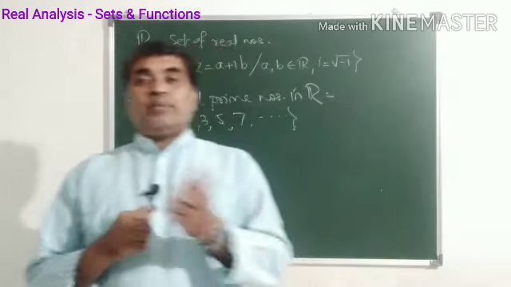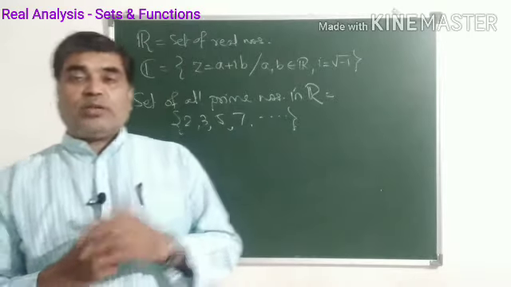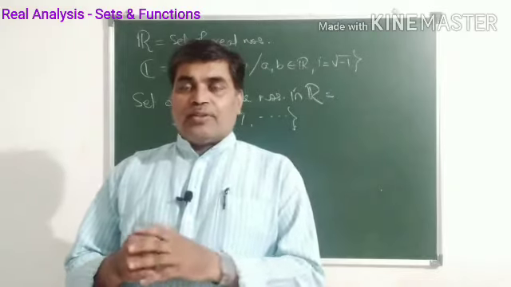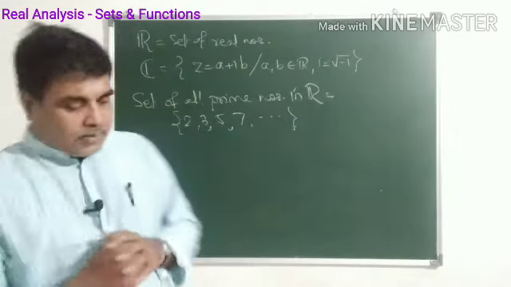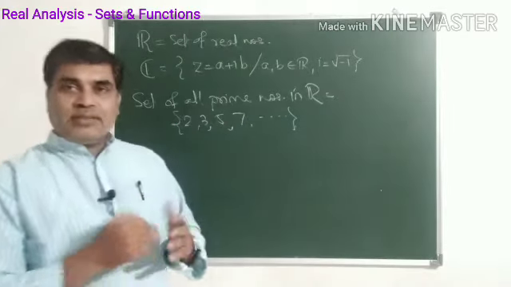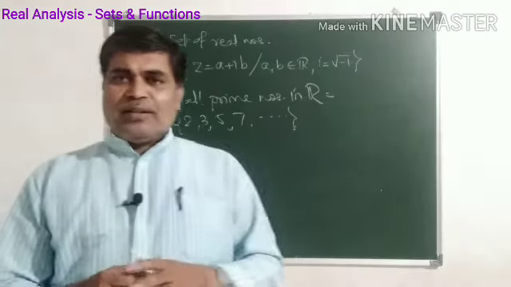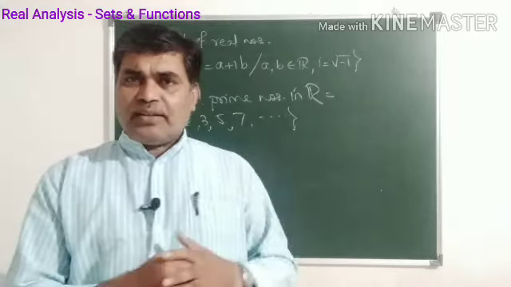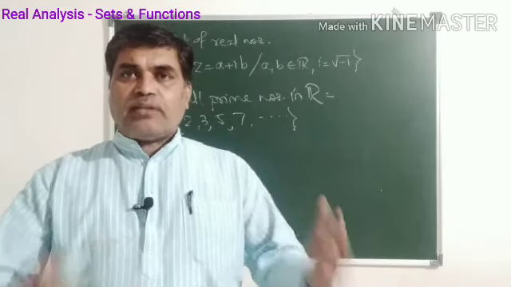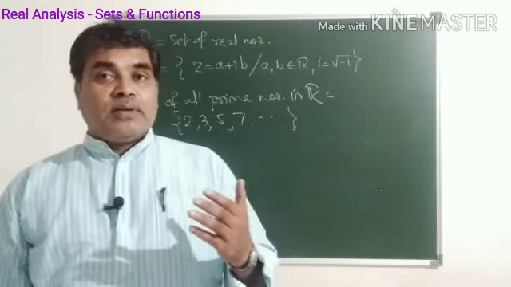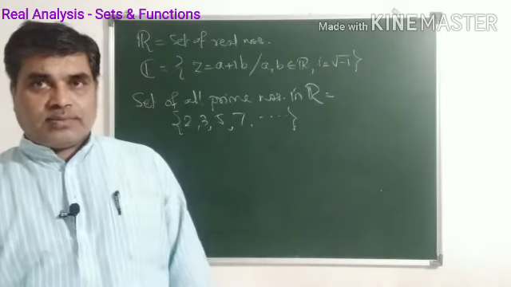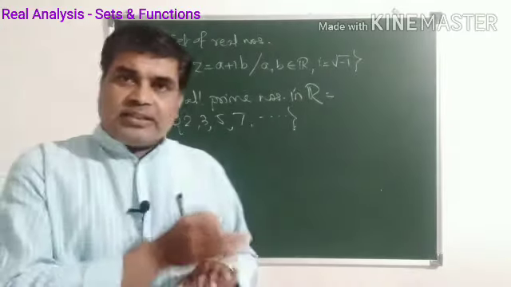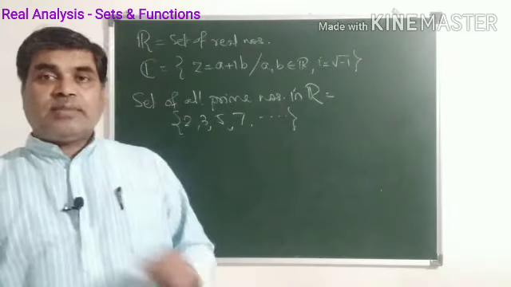Means you are dividing some natural number by another natural number, you are finding its quotient and remainder, and you are writing dividend is equal to divisor into quotient plus remainder. That type of example you have solved at school level only up to 7th standard. Till then you don't come across the set of rational numbers or real numbers. So you are using the divisibility concept on only the natural number set.